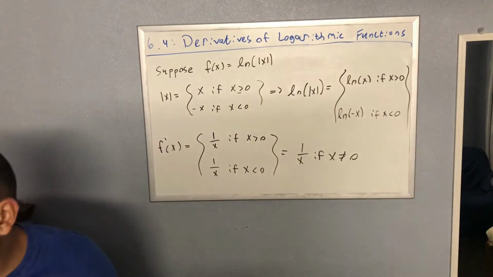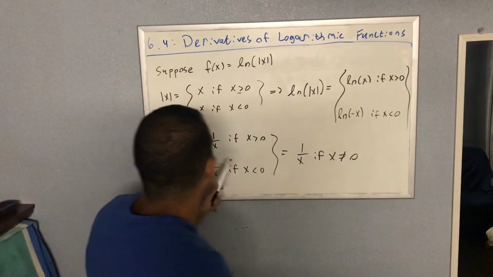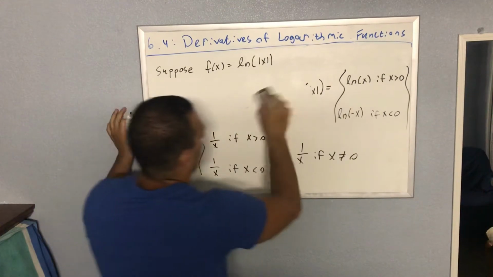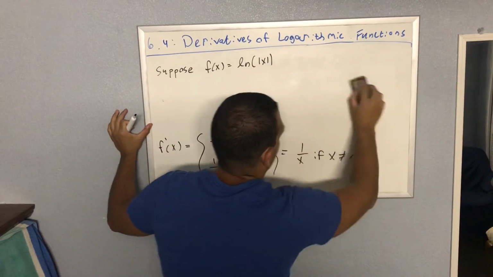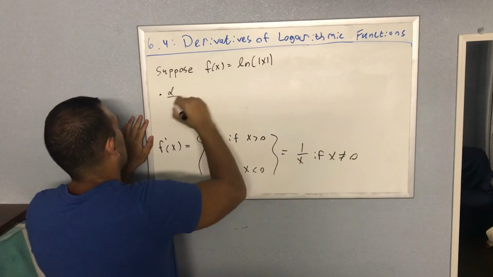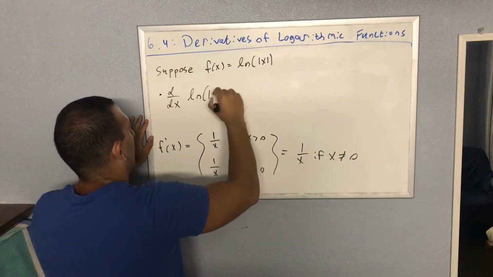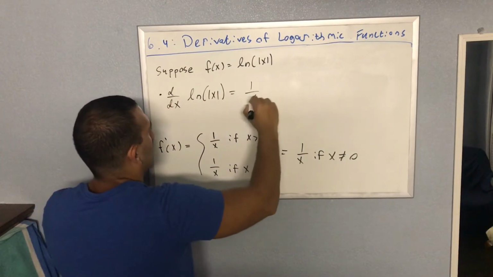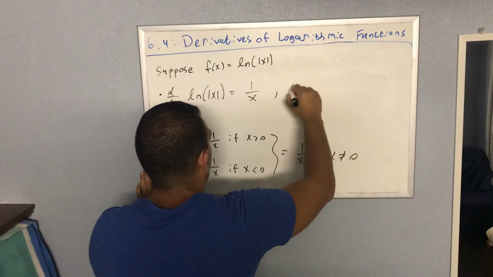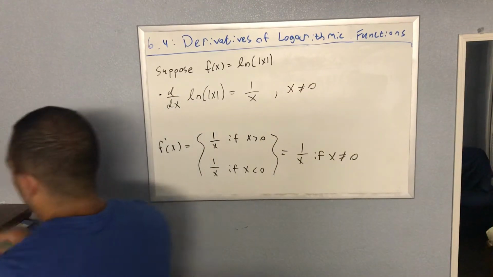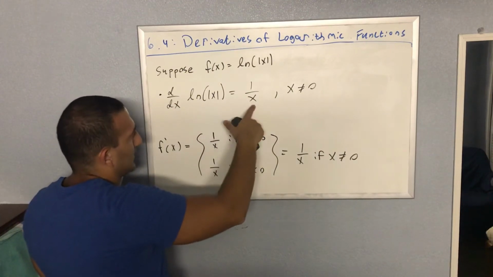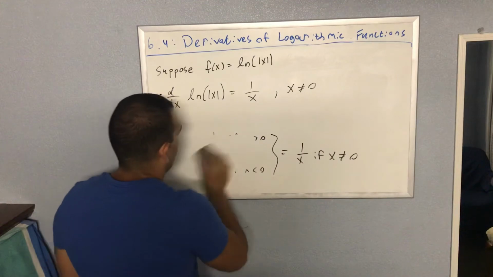And now because of this, what do we see? So let's summarize this here. To summarize this, what we found out is this. The derivative of the ln of absolute value of x is 1 over x. That's basically what we figured out. As long as x doesn't equal 0, we're good. Which happens for many reasons, right? You can't stick 0 into ln, and you also can't divide by 0,